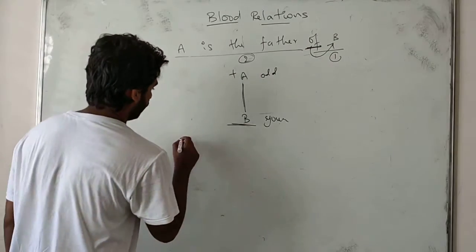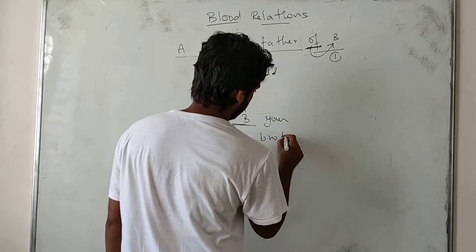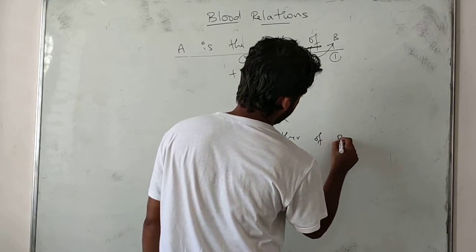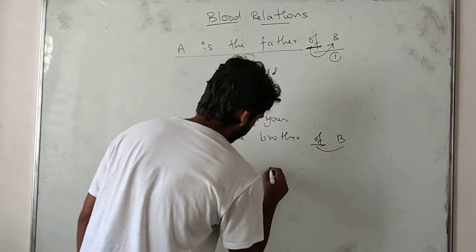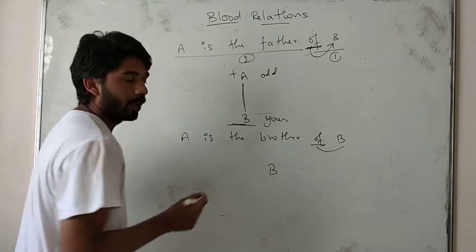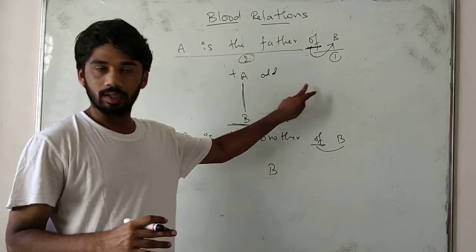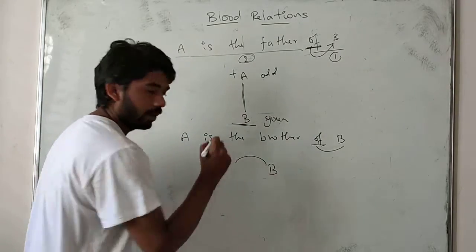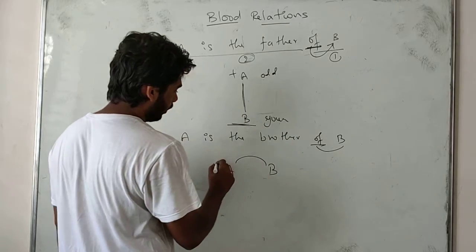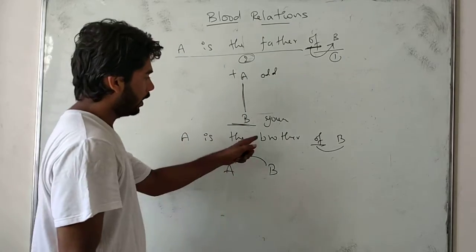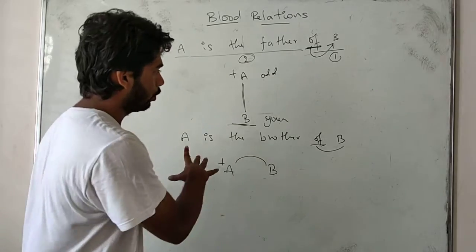A is the brother of B. Students, here, of course, B first. First, I will write B. A is the brother. Brother means same generation. Here it was a different generation. Same generation means I will be taking this way. A, I will write, right. A is brother, so brother means positive. If A is the sister of B, A will be negative. Okay, students? Got it? Note it down.